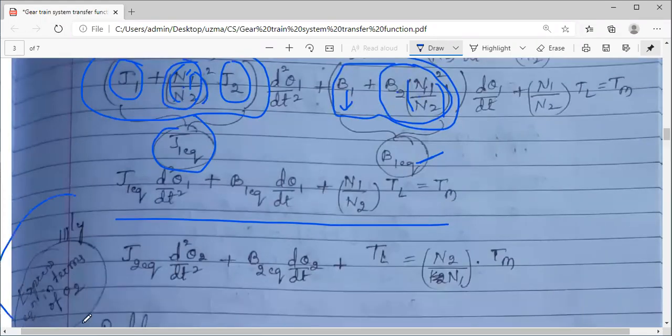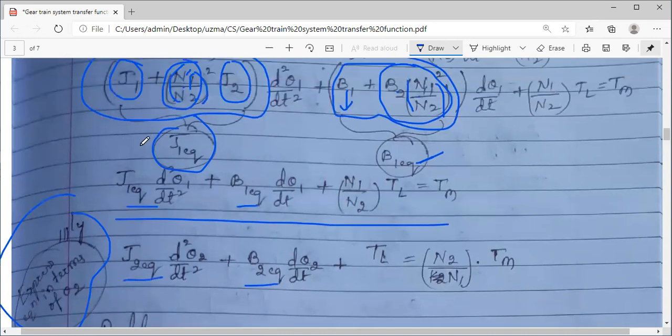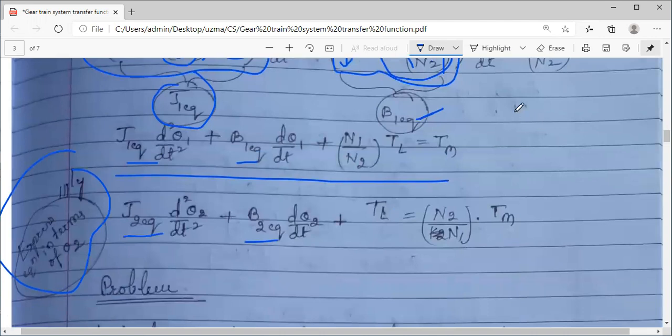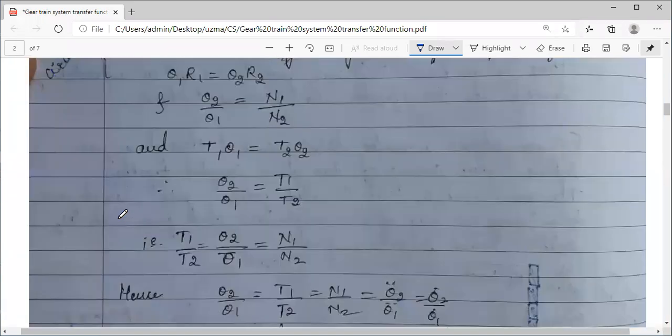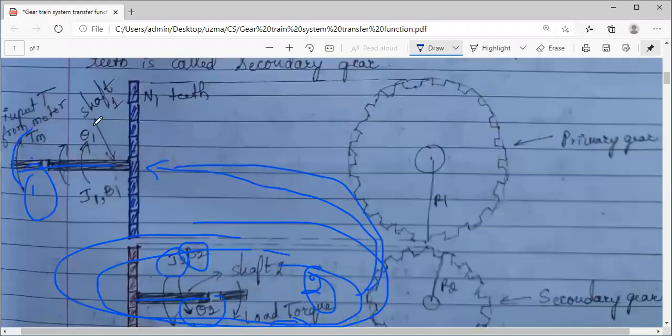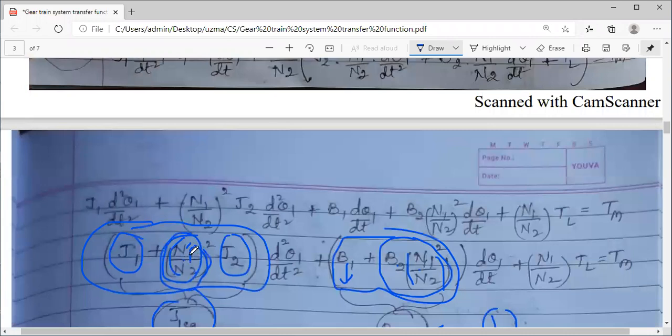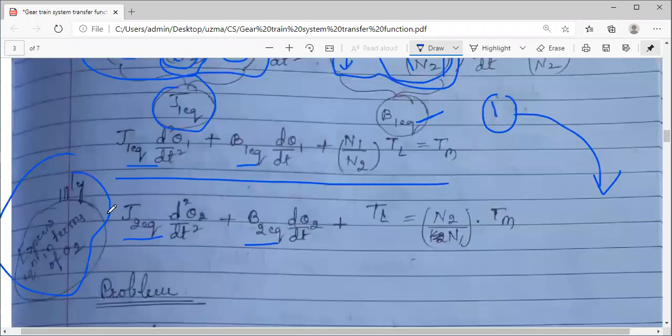I have not written here clearly what the equivalent values are; simply I have written similar to this. But if you try to find the equivalent for shaft 2 in the reverse case, when we go from 1 to 2, the parameters of shaft 1 will change. What are the parameters of shaft 1? You can see you have torque, theta 1, you have J, you have shaft 2. The destination shaft will change now. The ratio N1 by N2 will now change to N2 by N1 for the second case.